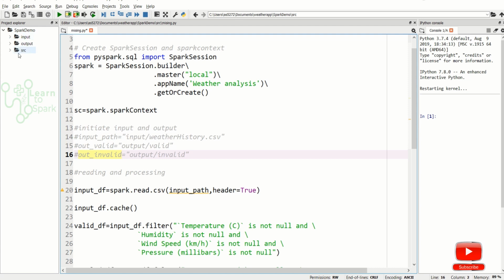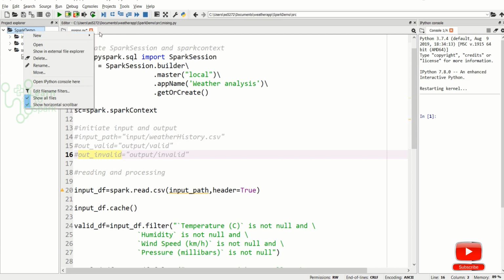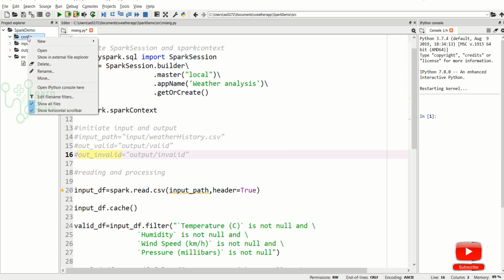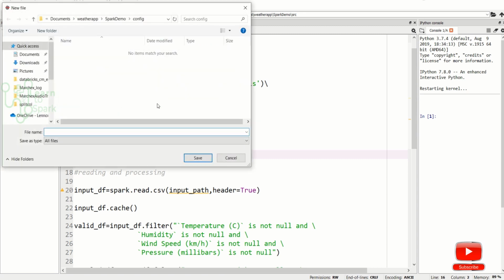So this is our project explorer directory, in which we have our input file, output folder, and then the source folder, inside which we have our PyScript. Now I am going to create a separate folder and name it config. Inside this config folder, I am creating a file and naming it config.ini.